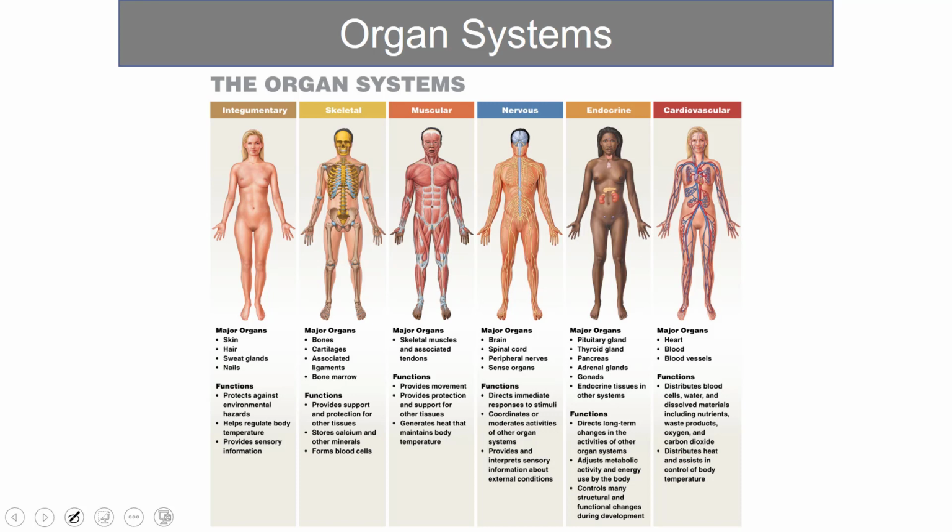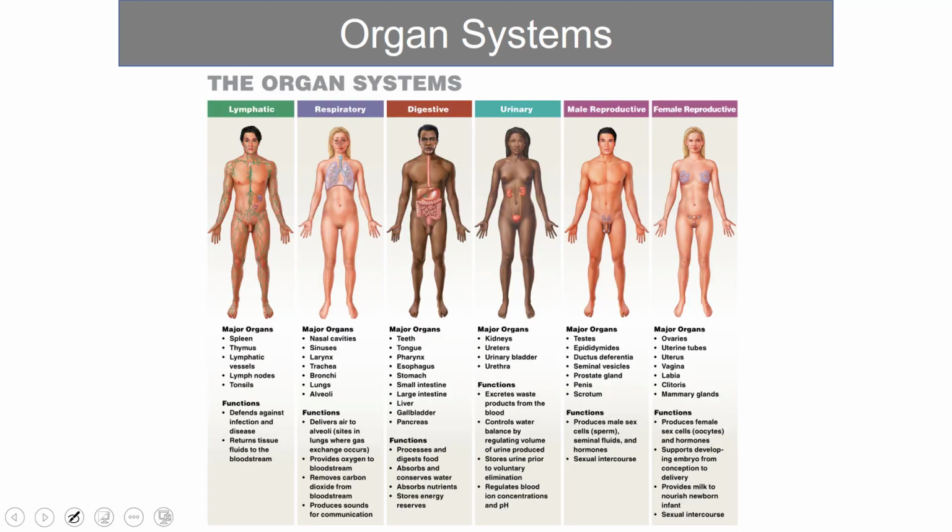In A&P 1, we're going to cover the first 4 organ systems. So we'll look at the integumentary, the skeletal, the muscular, and the nervous. And then we'll pick up with endocrinology in A&P 2. Here are the remaining organ systems. And again, we'll get to these in due time. I just wanted to show them here to kind of give you an idea of what we plan to cover over the course of the next